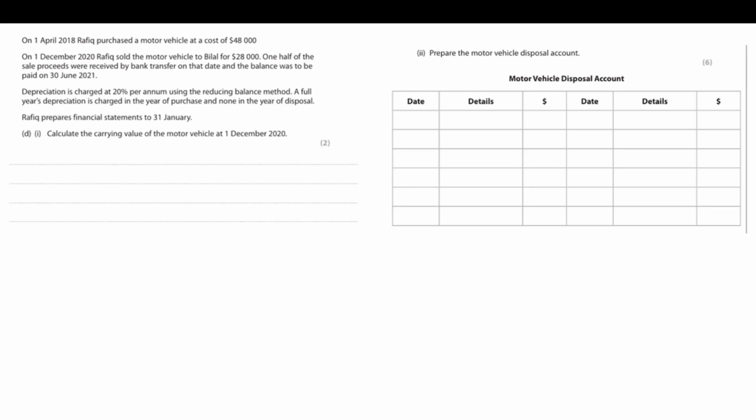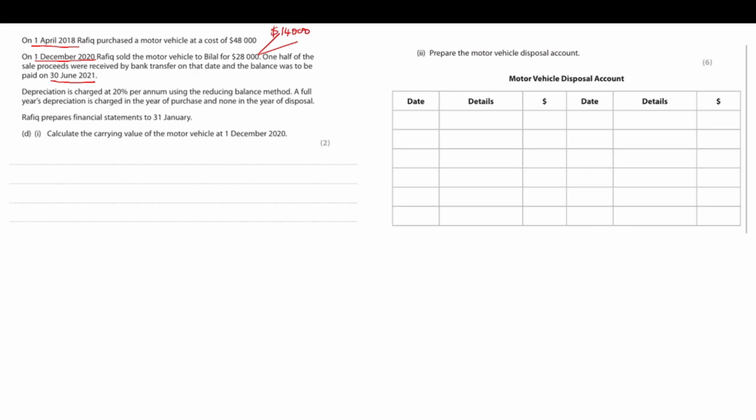On 1st April 2018, Rafiq purchased a motor vehicle at a cost of $48,000. Dates are very important in depreciation, as I have always been saying. And on 1st December 2020, Rafiq sold the motor vehicle to Bilal for $28,000. One half of the sale proceeds was received by bank transfer, and the balance was to be paid on 30th June 2020. That means the moment you read it, it should strike you that half of the payment,